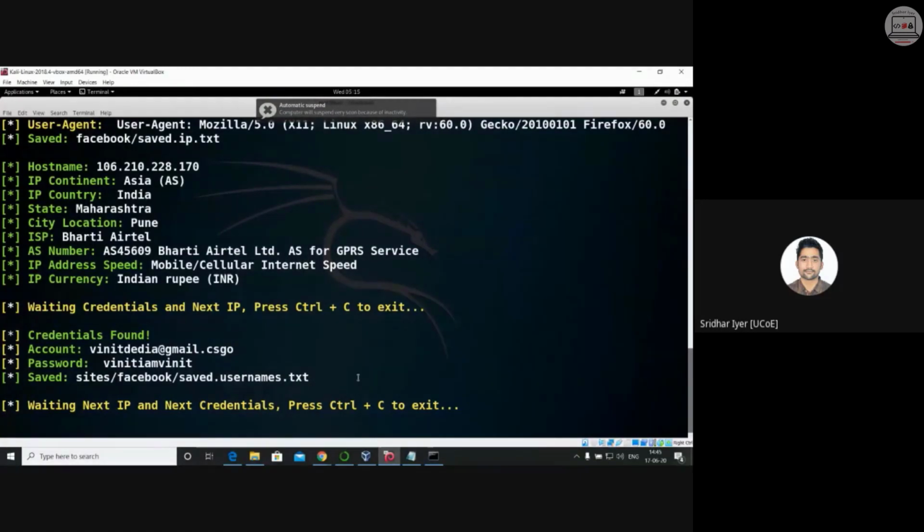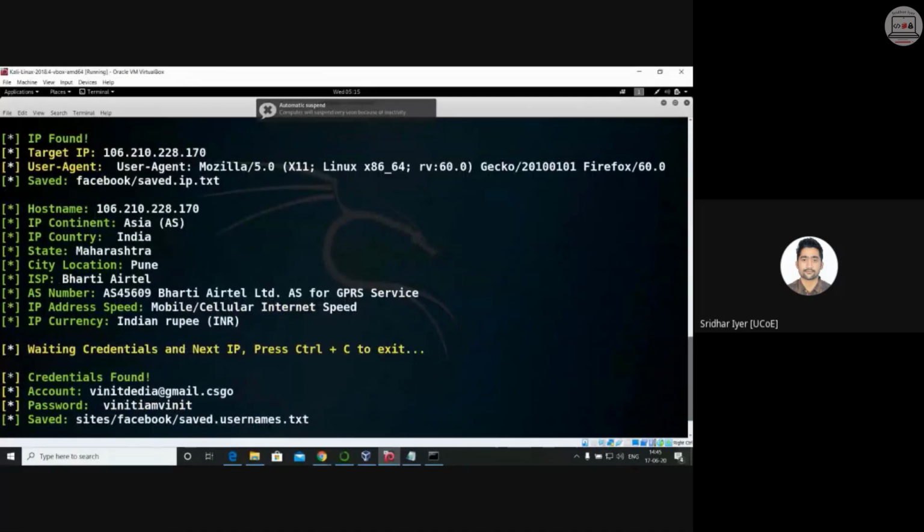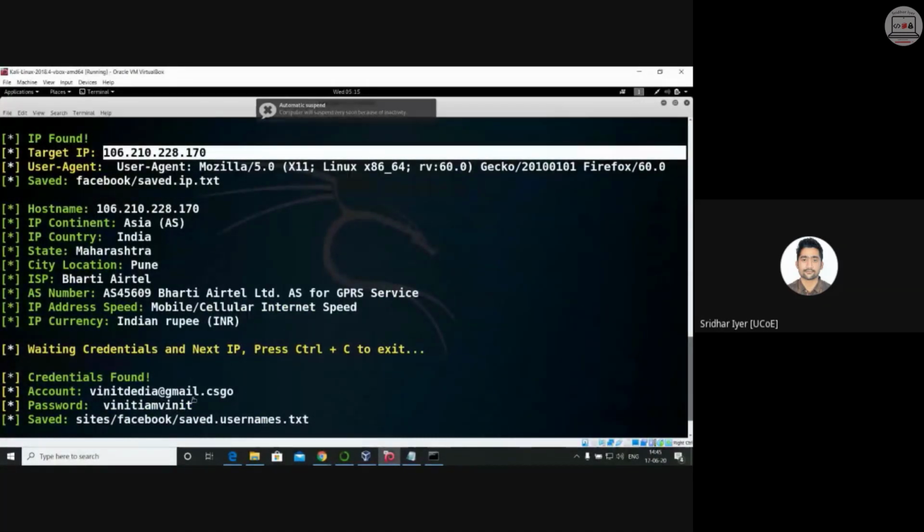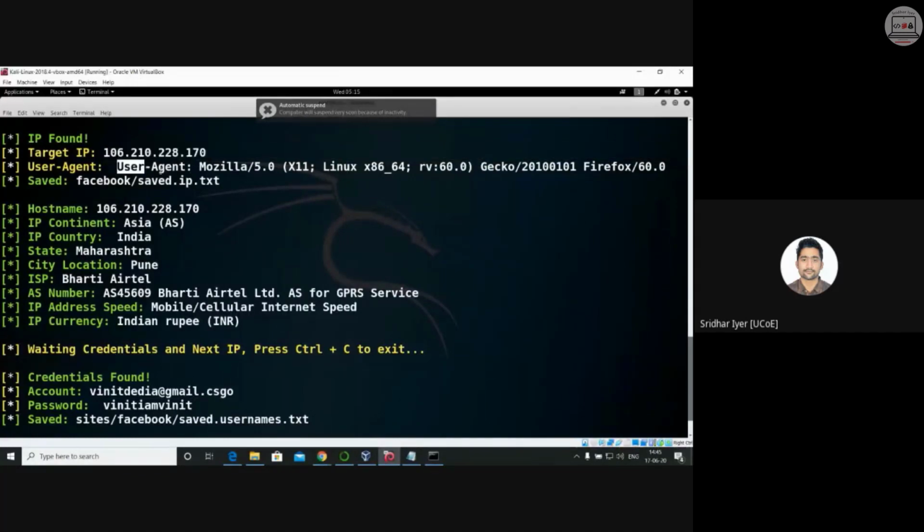Okay. So you can see the link can be used to send to your friends. It can be shared with your friends, and whenever they log in, you get this much data. You can see over here, this is the very first IP address which I found. Somebody, Vinit, has already used this IP. He has logged in, and these are the details of Vinit's.